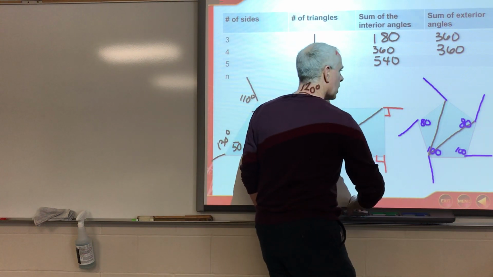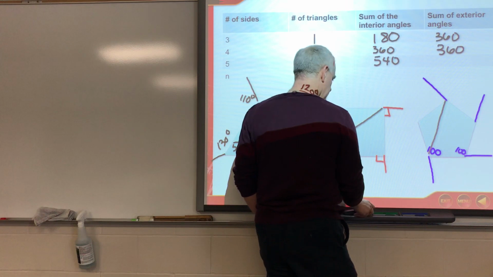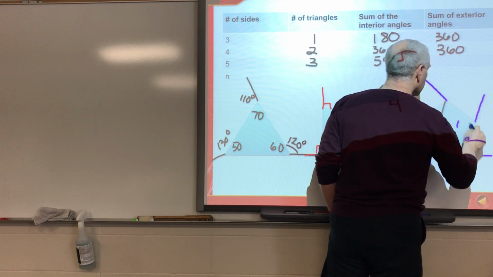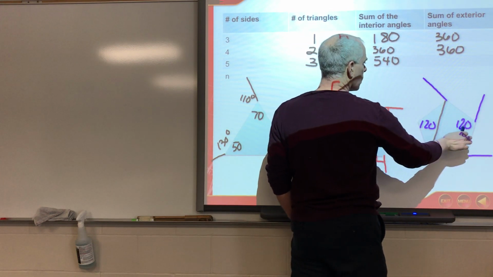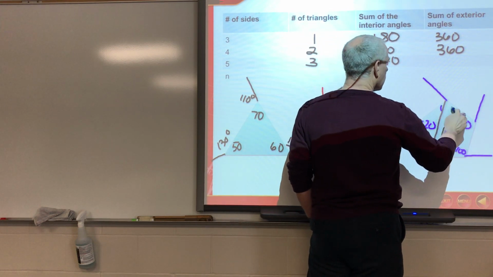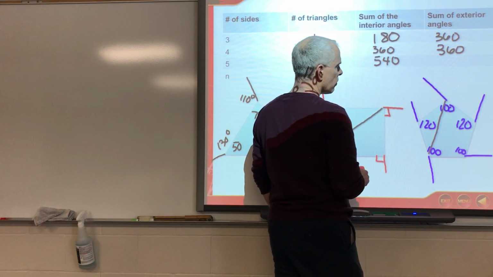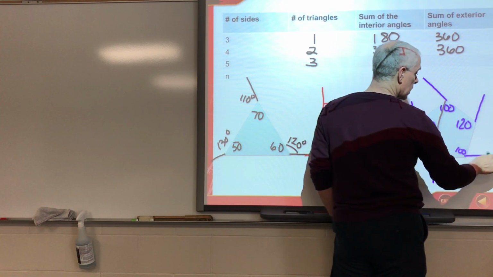I'm going to back up for a second, you guys. Okay. Let's make these 120. So I've got 200, 320, 440, 540. Okay? All right. So if that's the case, finding ones that are supplementary with it, the exterior angles here, this